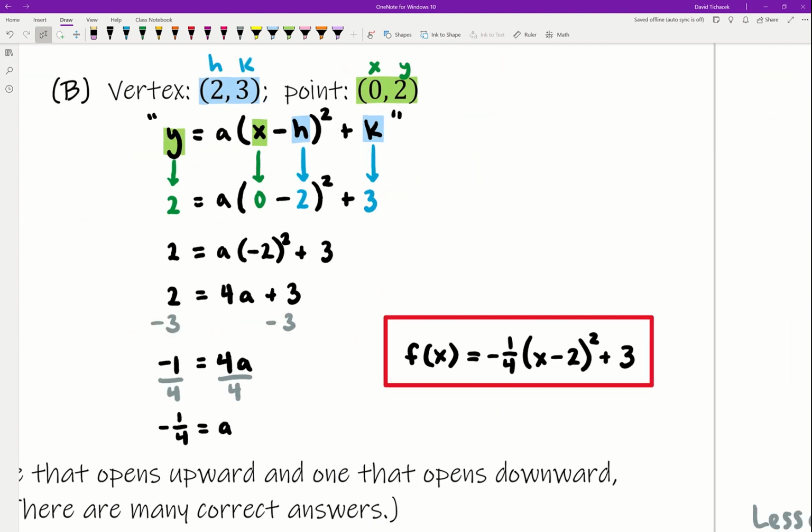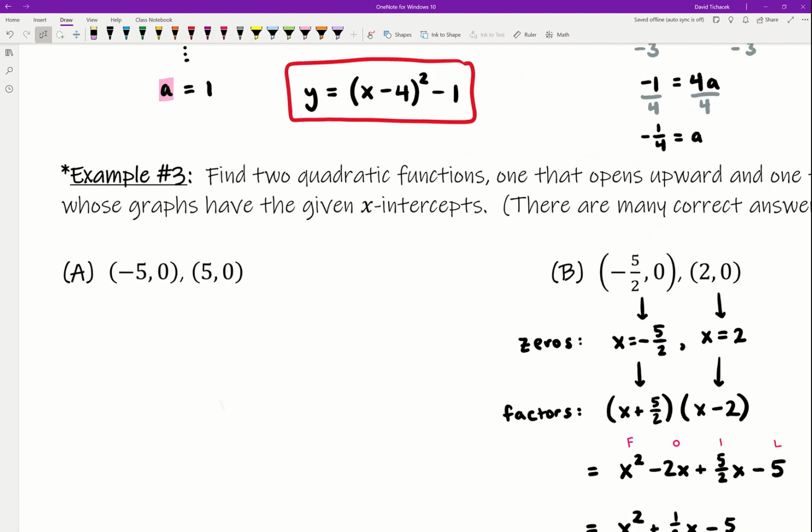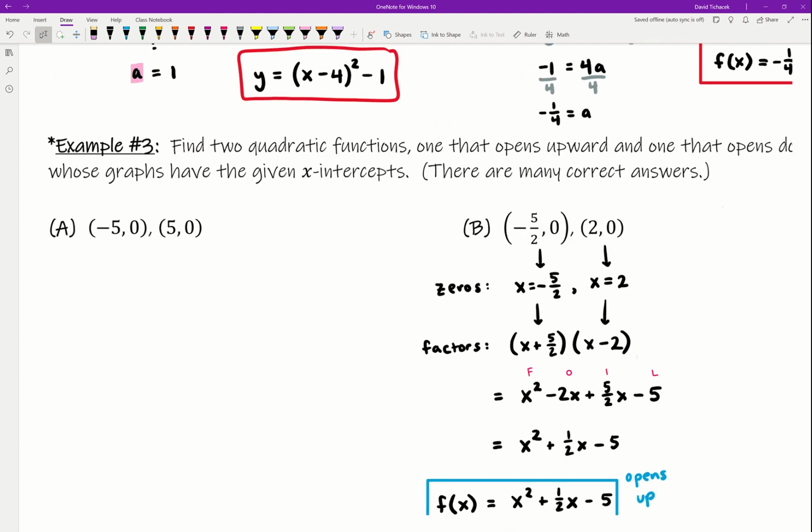Here's a quick snapshot of part B. Again, it's just the exact same problem. Here I'm showing the steps for how to do that two-step equation there at the end, but you should be ending up with the exact same result here. Again, plugging in that a value and then plugging in the coordinates of h and k. Very easy to do. All right, so here in example 3, you can see that we're going to solve this